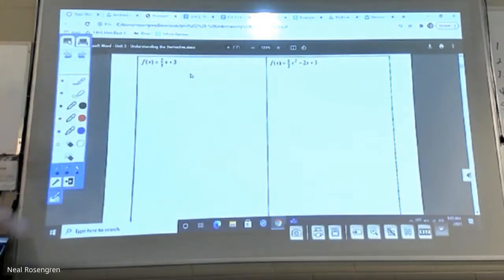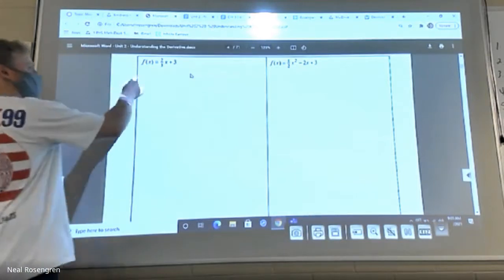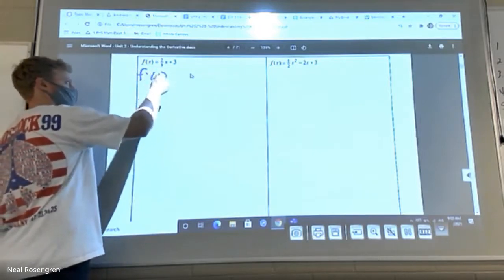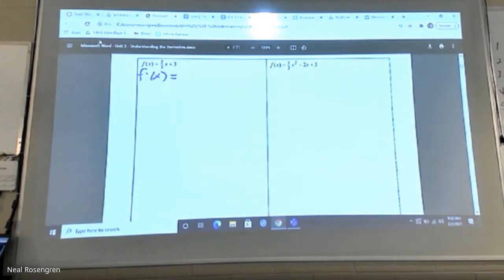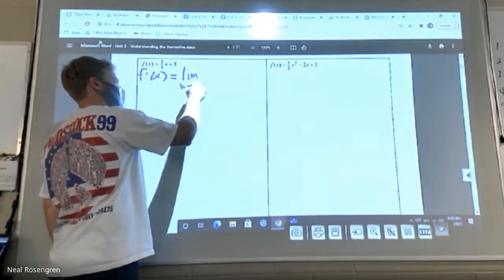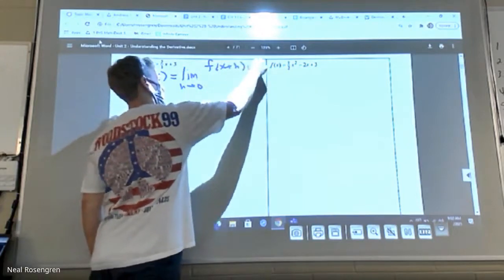What I want to make sure that we do when we're working through this process is right away let whoever's reading this know what you're finding. By starting my work with that f prime of x, by saying, hey, look, here's what I'm going to do. I'm going to find the derivative. Now the rest of the work, I know what you're trying to do, and here's what it's going to look like. Early on especially, I think it's a very good idea to write down just the setup in general with the difference quotient: f of x plus h minus f of x all over h.